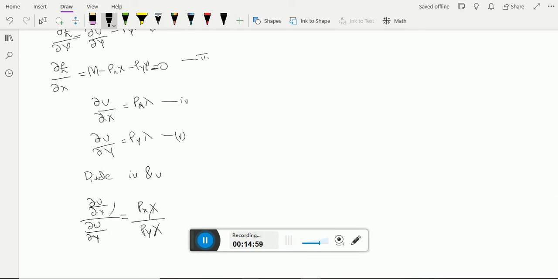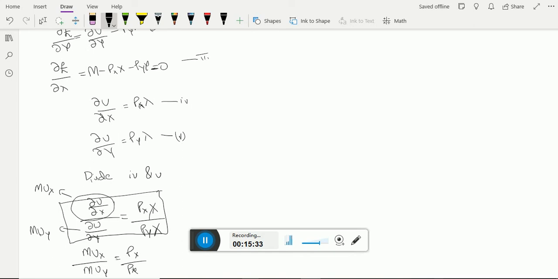And we know that the derivative of u with respect to x means that if x increases marginally, how much the units of utility will increase. So this is basically the marginal utility of x, and in the same way this one becomes the marginal utility of y. So we can say that this function is basically MUx upon MUy equals px upon py, and we all know in the context of economics that MUx upon MUy